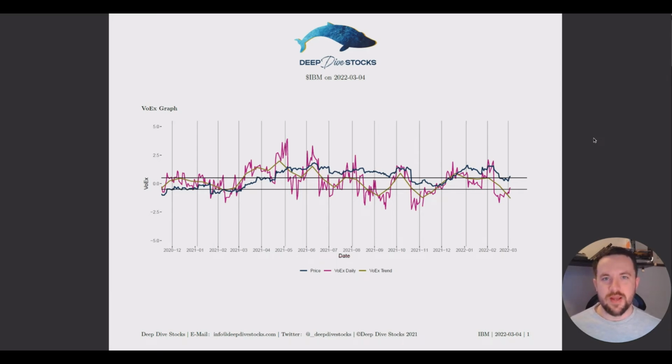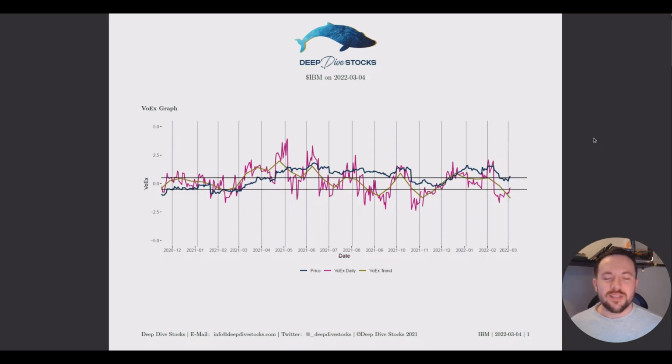Today we're going to be looking at IBM. IBM is interesting because it has an earnings call coming up, and the reports can get pretty interesting with earnings call because we can kind of look at the data to gauge how the market is positioning themselves for post earnings call. And we're going to see that IBM is pretty interesting because it seems like the market's expectations are